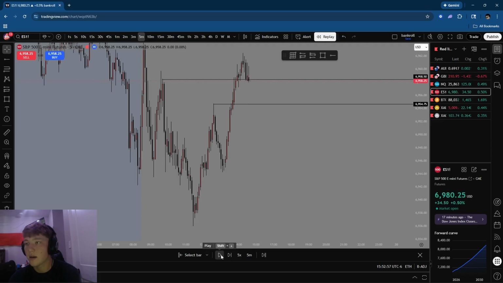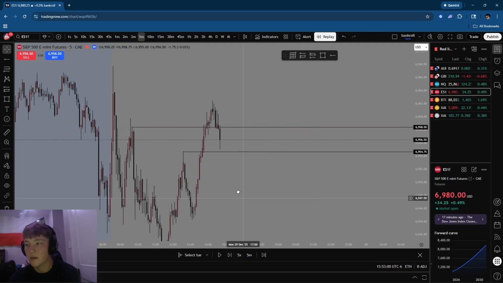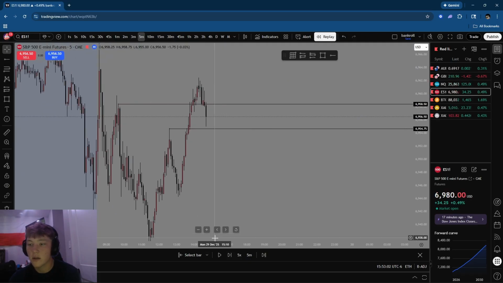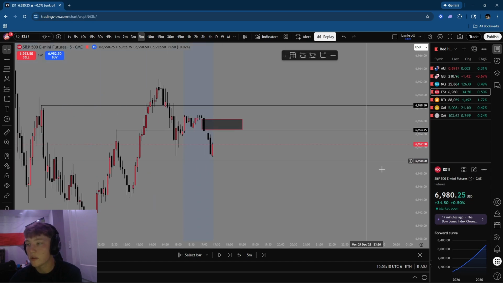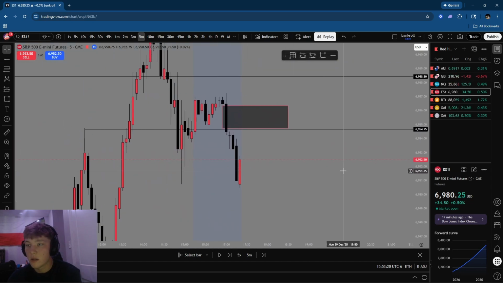Okay, took that high, and then we kind of have, yep, see, we have the move down, just created, oh no, we didn't create a gap right there. Okay, now, no, these wicks are so long. Alright, now we're, okay, yeah, now we created a gap right here, and inversed a gap as well. Let's zoom in on this. Yeah, so we made a little 5 minute bullish gap right here,